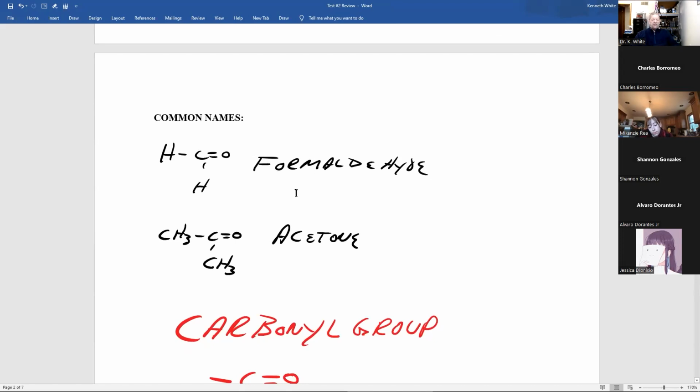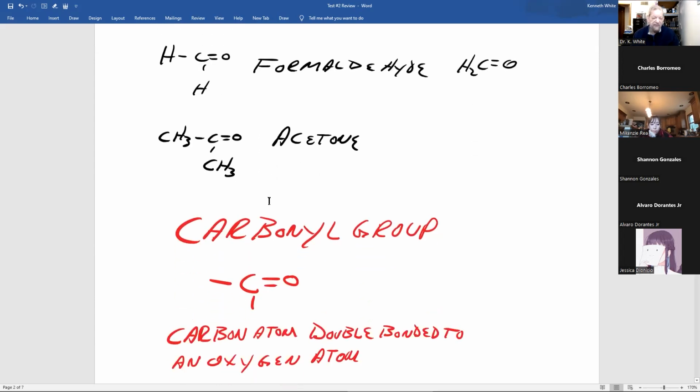Now, there are 2 common names I asked you to learn. The simplest aldehyde, when R is a hydrogen, is formaldehyde. And you could have also written it this way. And that's the simplest aldehyde. And as I showed you, I worked with that. My last patent dealt with that. And I also talked about, which won't be on the final exam, the problems using that in wood from China and what happened with the Katrina trailers from Hurricane Katrina or afterward.